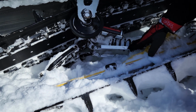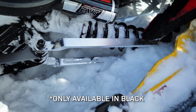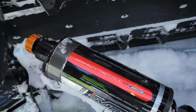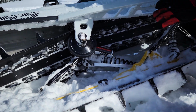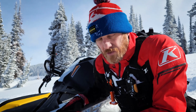It's going to come with your guide rods here, and these ones here are prototypes, so they're billet aluminum. The production ones are going to be black, and they're going to be engraved with zebras on the side, and then your upper bracket. And other than that, one bolt that's in the kit. Everything else is going to reuse factory hardware and your factory parts, so it's a really simple install, something that you can do in your garage,